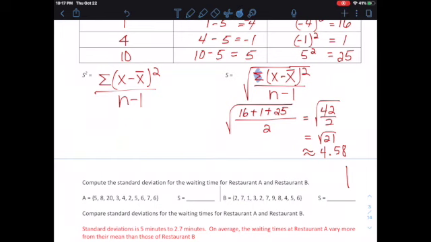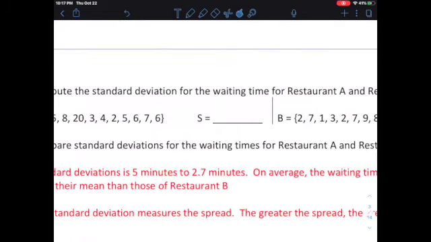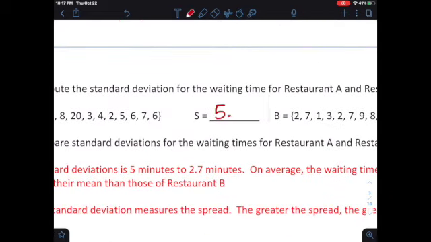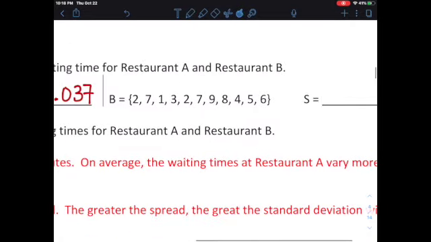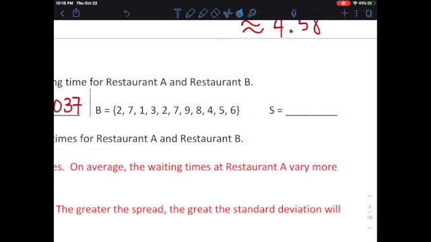In this case, after I show you guys how to do it on the calculator, the standard deviation for set A is going to be 5.037. And then the next one, you guys try it and see, did you get the same answer? Pause it if you don't want to see the answer right now. Standard deviation should be